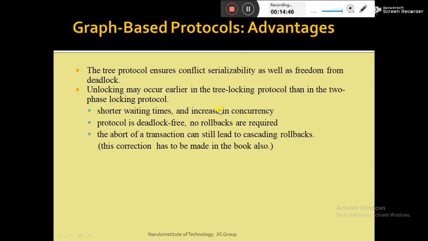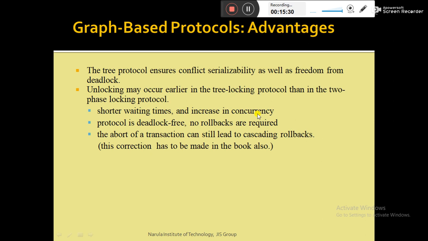The next advantage of the graph-based protocol is that unlocking of a particular data item may occur at any point of time. It may occur earlier in the tree-based protocol, meaning no need to wait for the shrinking phase. In the two-phase locking protocol, unlocking has to wait until the transaction enters the shrinking phase. But in the graph-based protocol, unlocking may occur at any point of time, and this has several advantages,